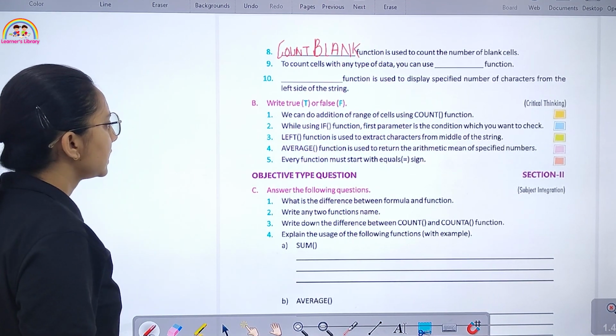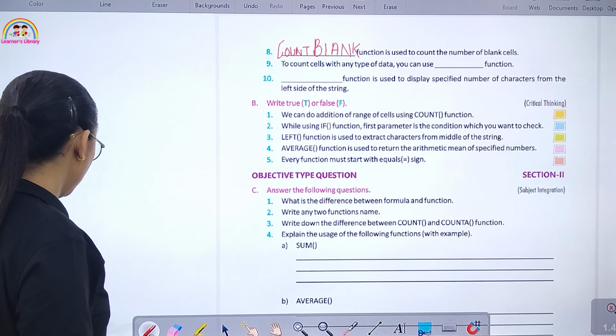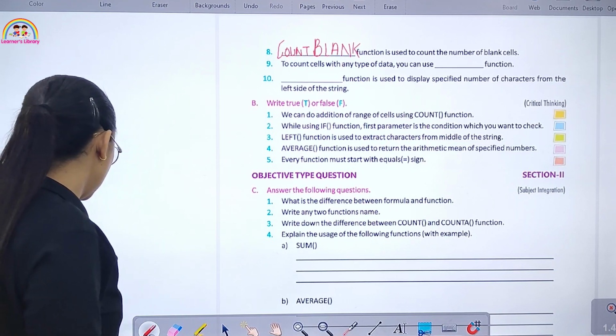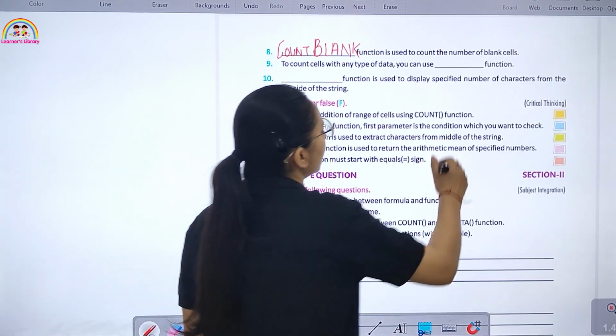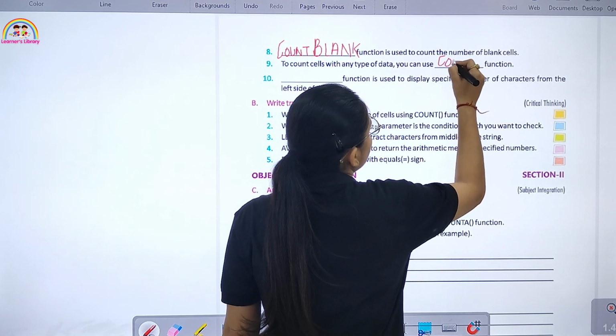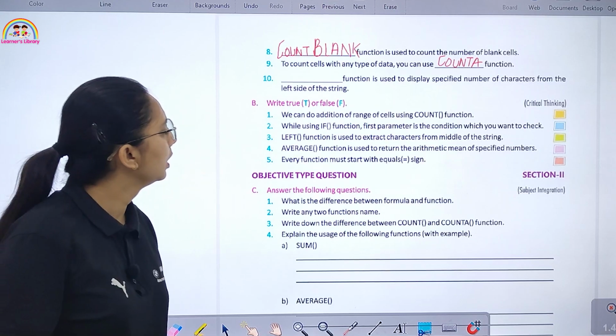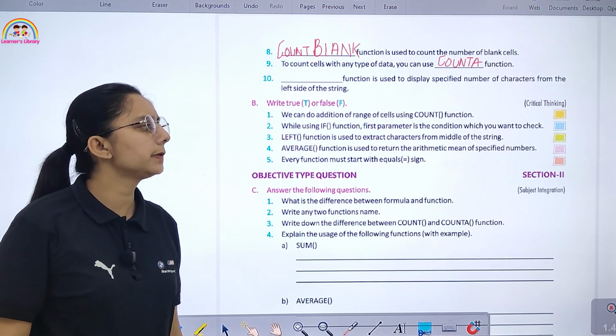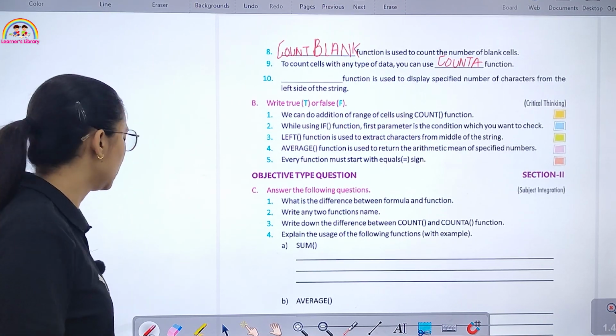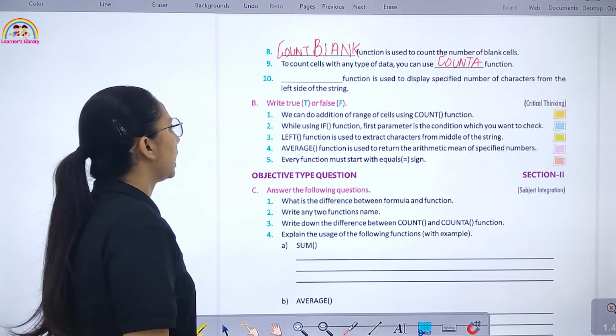To count cells with any type of data, you can use dash. You can use counter function. A dash function is used to display a specified number of characters from the left side of the string, that is left.